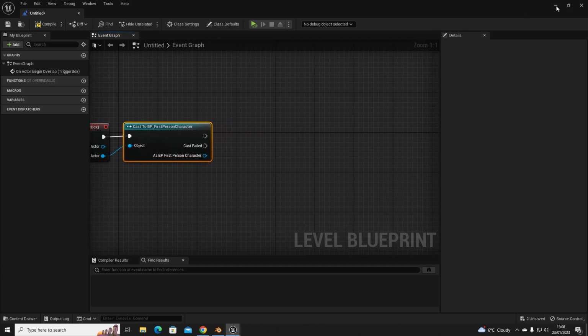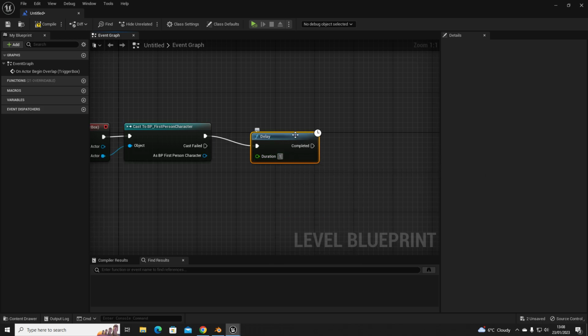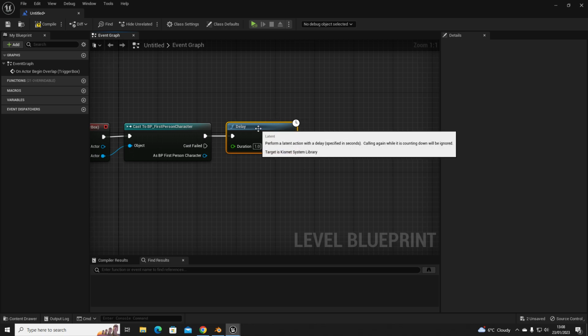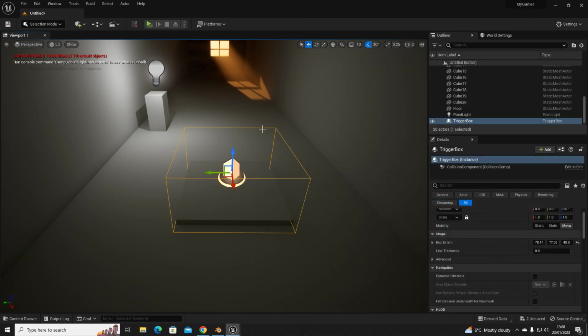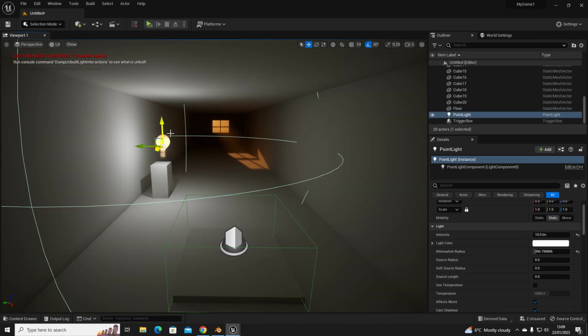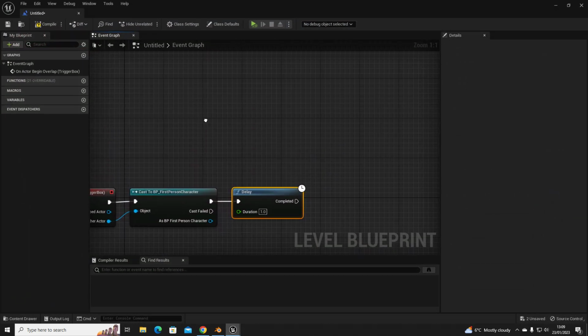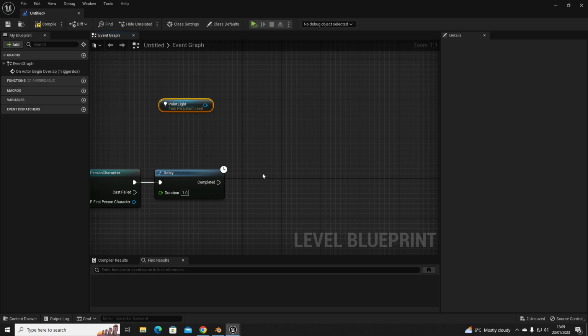And then we want a slight delay, 1 second. And then what we're going to do is go back into our scene, and we want to highlight our light, and then go back into level blueprint, create reference to point light, and we want to